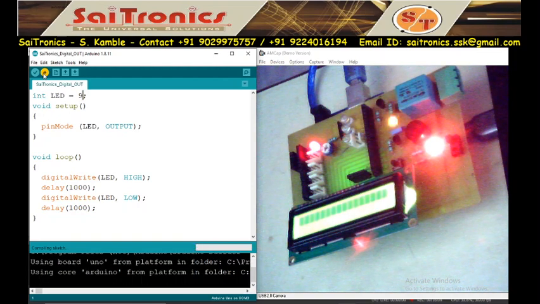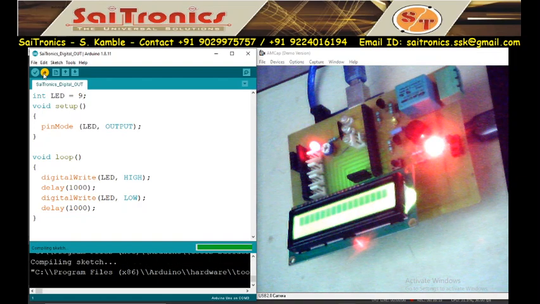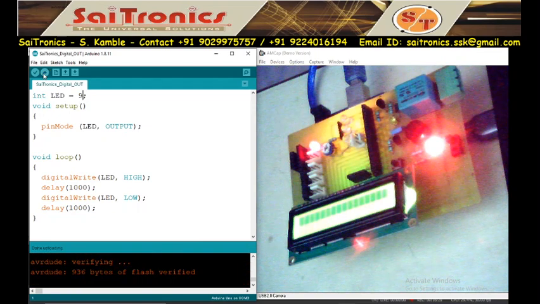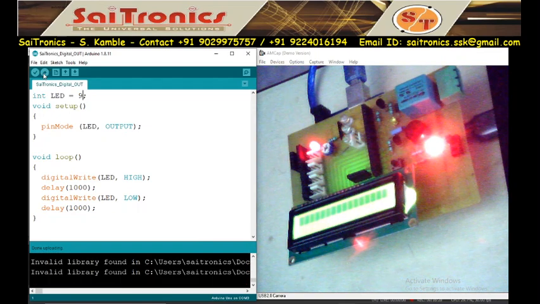Relay is an electromechanical switch. This is a very important device to turn on and off the applications. So it is used for electrical, electronics, instrumentation, civil, mechanical, computer, IT students to turn on and off the devices. So my buzzer turns on, off. So this buzzer turns on and off.